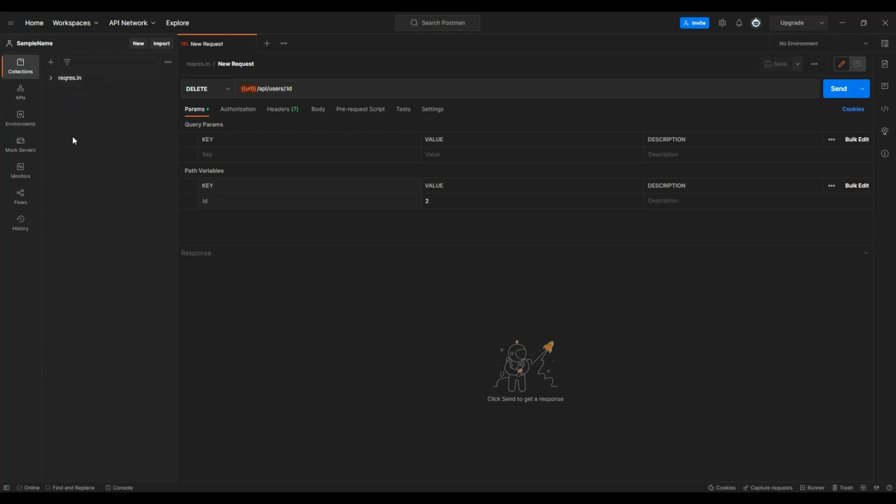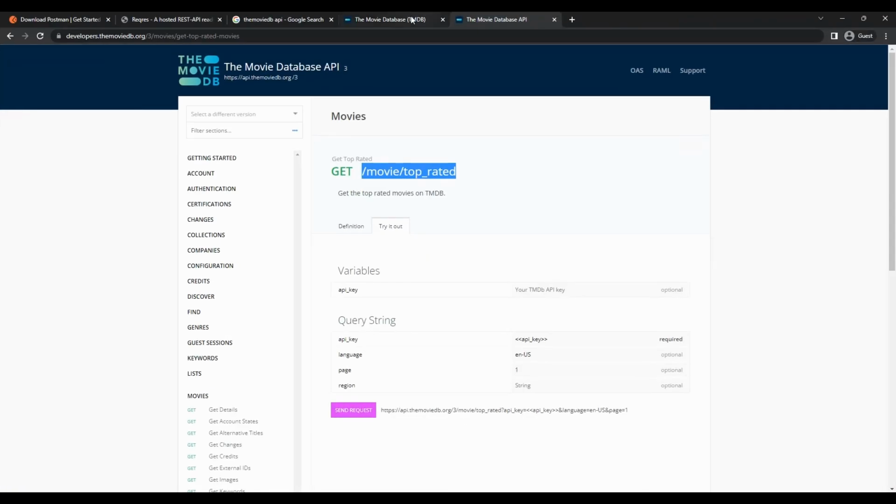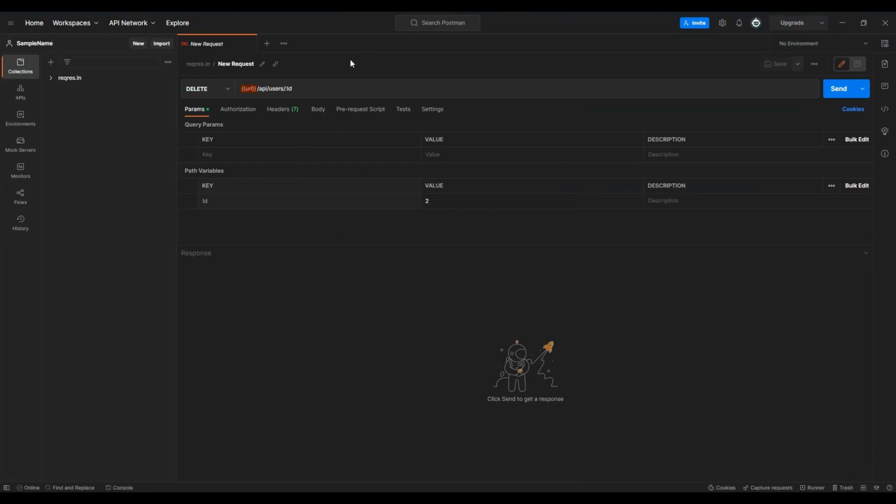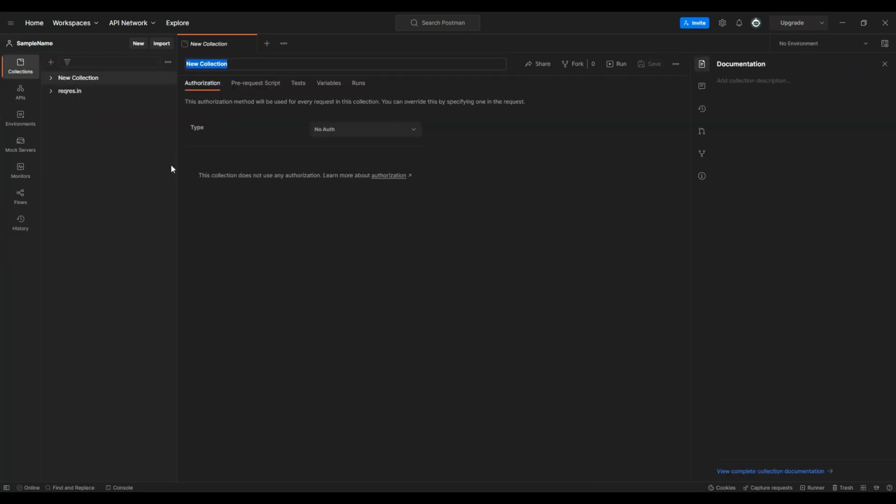So first of all, let me show you the site. Okay, here you should sign up, and then under a settings section you can find your own API key. Okay, back in Postman, and here you can create another collection. Just put the name MovieDB